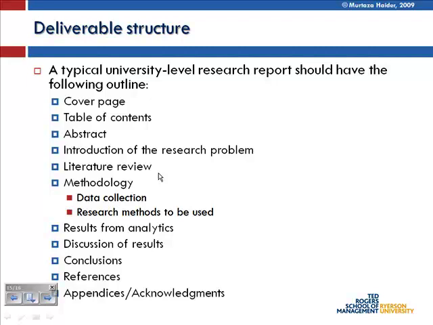Once you have a table of contents, the first real part of the report is the abstract. An abstract is usually 250 to 300 words that summarizes the entire effort. Now, it may take you 5 years to do a PhD, but your abstract is 250 words. That's half a page. It may take you a month and a half to write your term paper, but your abstract is 250 words, no more. And that abstract basically introduces the research that you've done, how you have done it, what are the key findings, and so on and so forth.